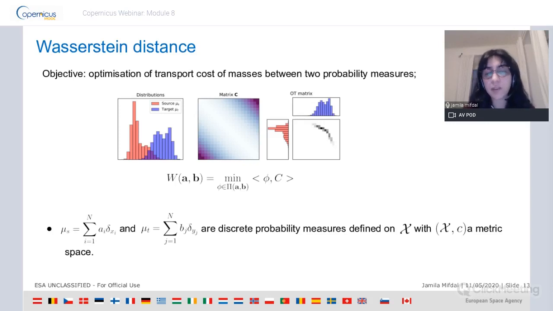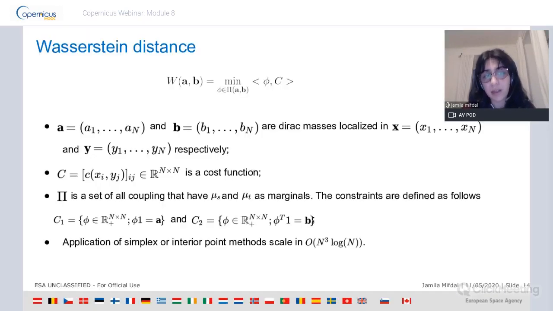C is the cost, and pi is the set of all couplings that have mu s and mu t as marginals. When we do the transport, we have two constraints to satisfy. The optimal transport plan should satisfy two crucial conditions: the sum over the lines should give us the first distribution, and the sum over the columns should give us the second distribution. These two conditions are necessary to satisfy.